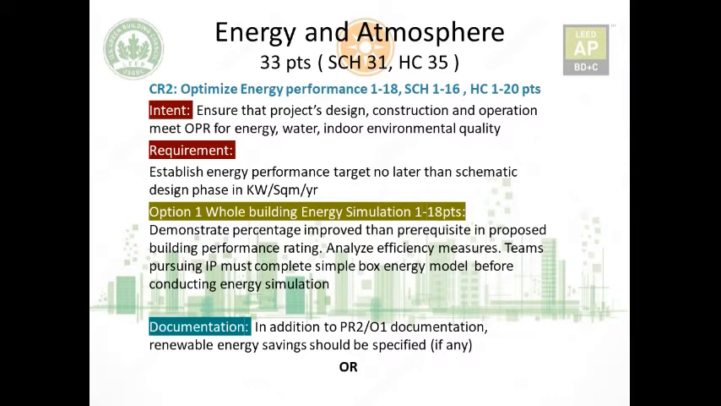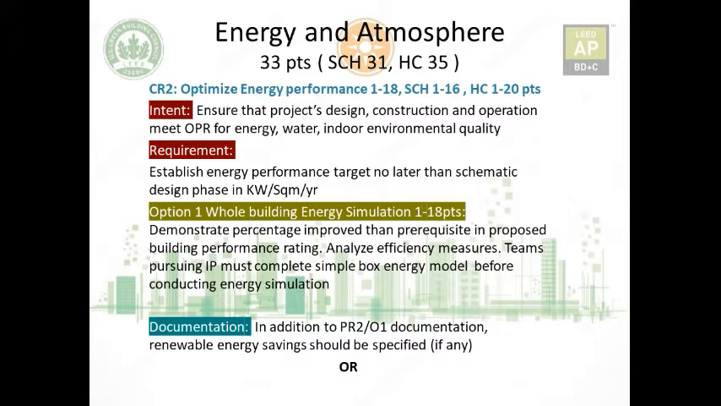We're going to see in the next slide what we can do, and the teams which are pursuing the integrated process credit must complete the simple box energy model that we just discussed previously. The documentation is in addition to the PR prerequisite option number 1 documentation. Renewable energy savings should be specified, if any. If you remember, renewable energy was not included in the prerequisite, and you should claim all this energy saving